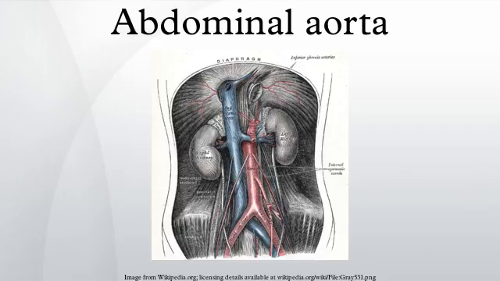It travels down the posterior wall of the abdomen, anterior to the vertebral column. It thus follows the curvature of the lumbar vertebrae, that is, convex anteriorly. The peak of this convexity is at the level of the third lumbar vertebra. It runs parallel to the inferior vena cava, which is located just to the right of the abdominal aorta, and